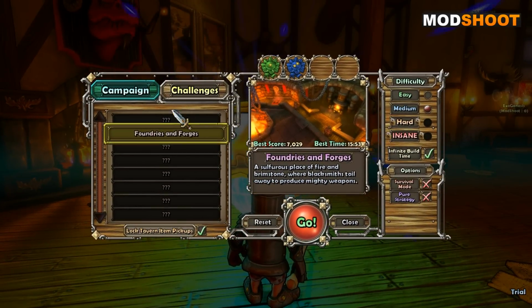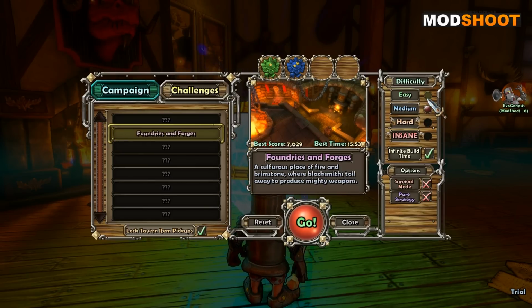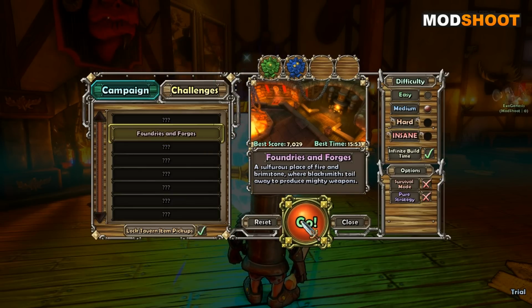Obviously for the campaign, there's all these, and I'm supposing there's going to be an awful lot more. Choose your difficulty: medium, easy, hard, insane. I'm guessing that you need to actually own the game to play these, or complete it on medium. So we'll go straight into it and just jump in on medium